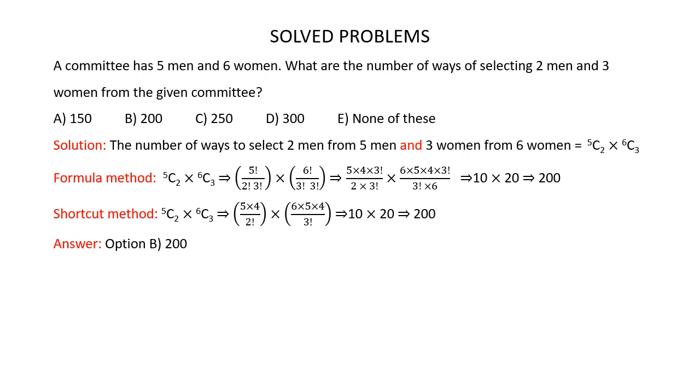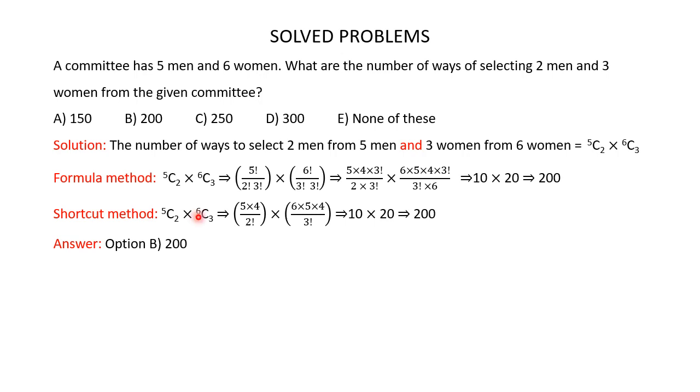Now we can find the value of 5C2 multiplied by 6C3 using the shortcut method. Now 5C2 is equal to, starting from 5 in the descending order, there has to be a multiplication of 2 numbers and this has to be in the numerator. So 5 multiplied by 4 is in the numerator, and in the denominator it is 2 factorial because 2 is the subscript here, multiplied by